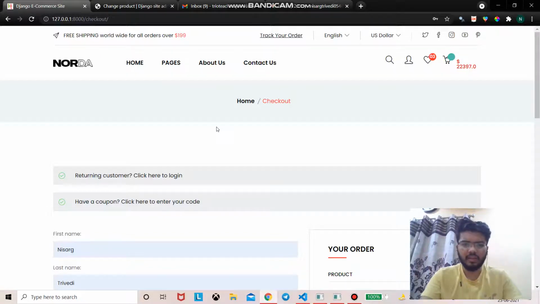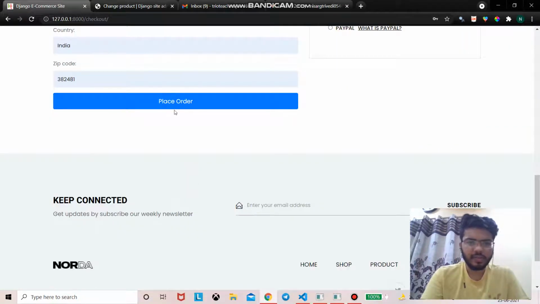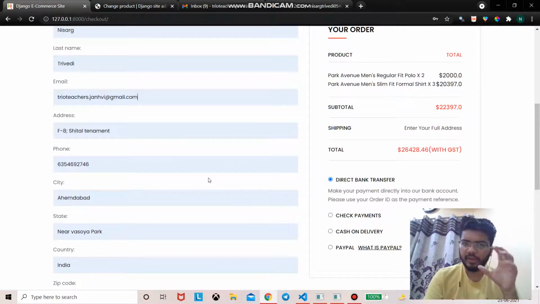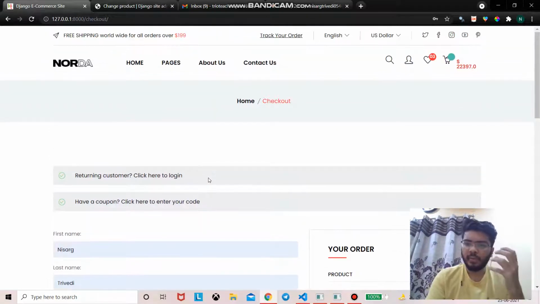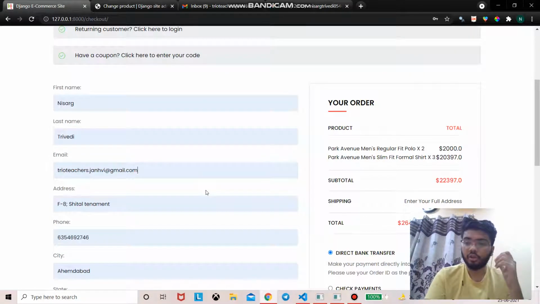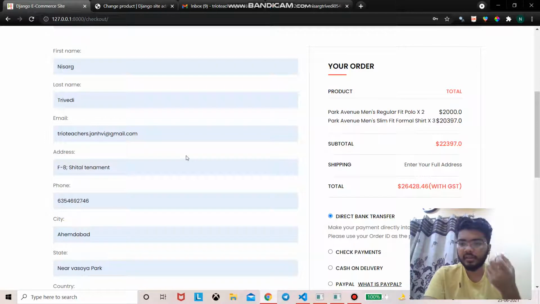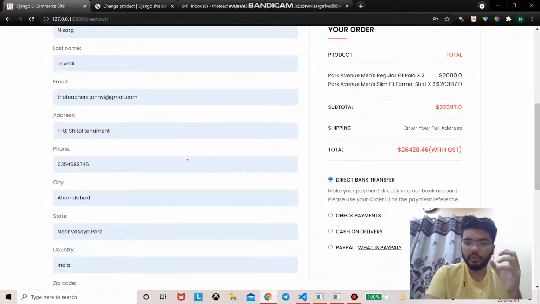If I click on this placeholder button, my view function will be executed. In the view function I have written logic to produce a PDF and send it by mail to the end user, which is here. An email will be sent to tryteachers.janvi@gmail.com with an automatically generated PDF of the bill.